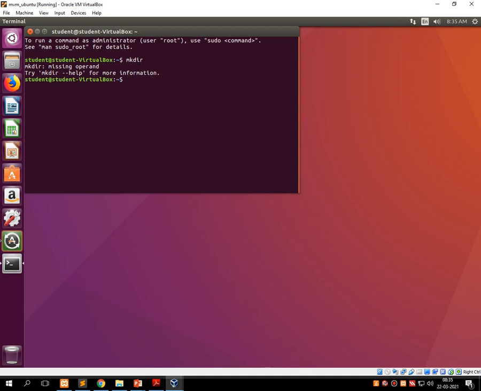Here it will show you an error message: type mkdir space --help for more information. So let's perform that command again, that is mkdir